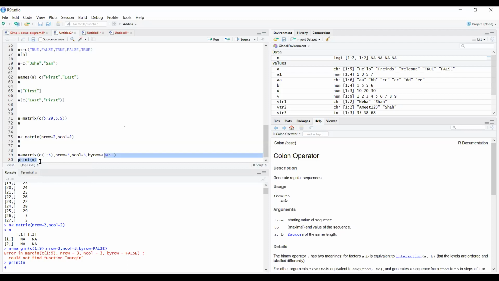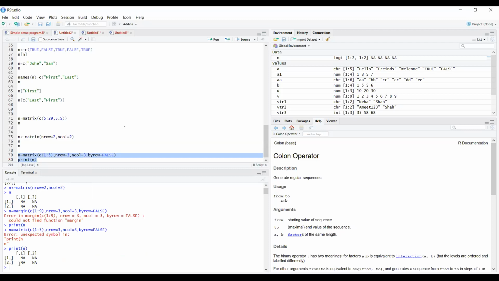Sometimes you get typing mistakes like this. So again you can see the print.